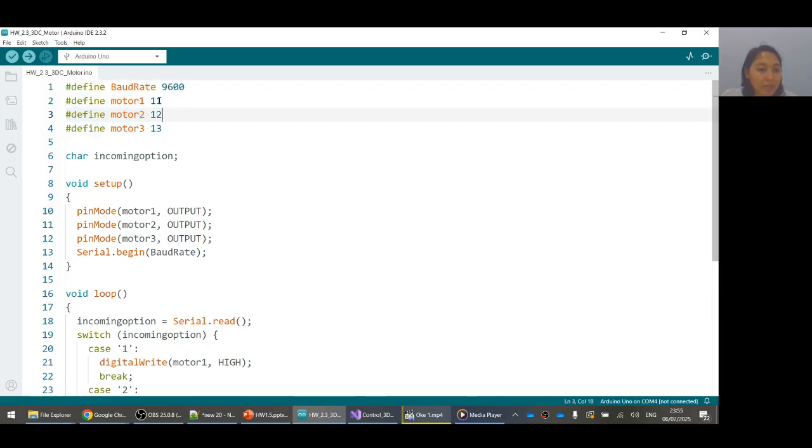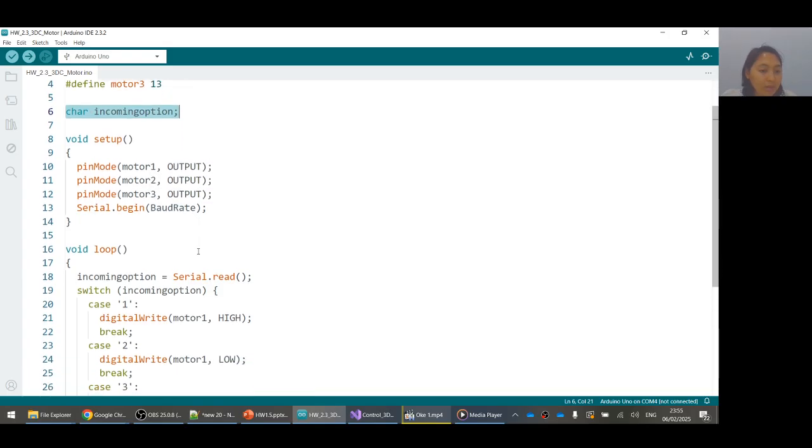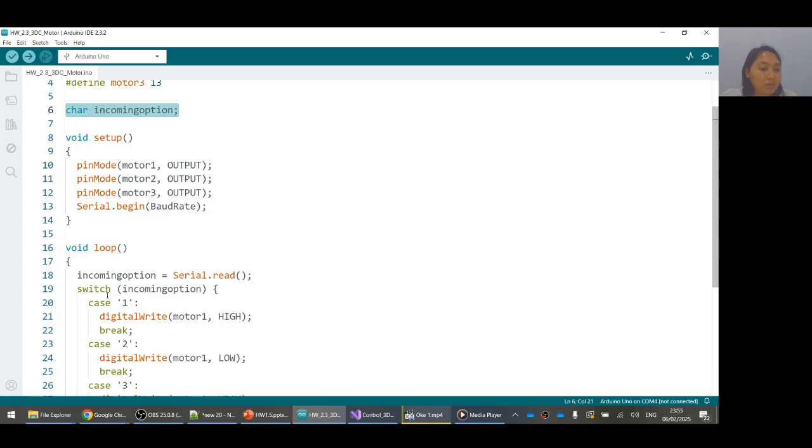This is pin 11 for DC motor 1, pin D12 for DC motor 2, pin D13 for DC motor 3, and this is for initialization, the declaration of the variable incoming option with data type char, because there is a switch case here using numbers 1, 2, 3, and so on.